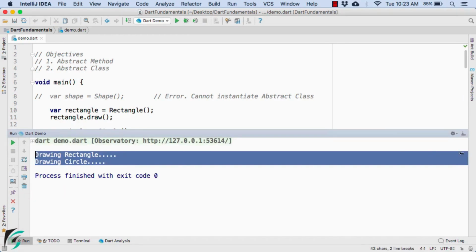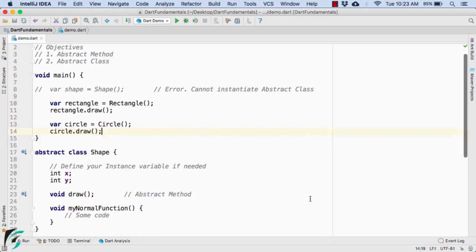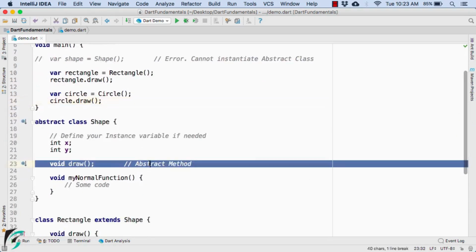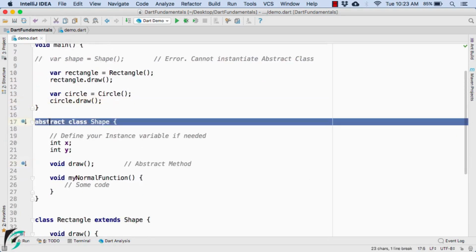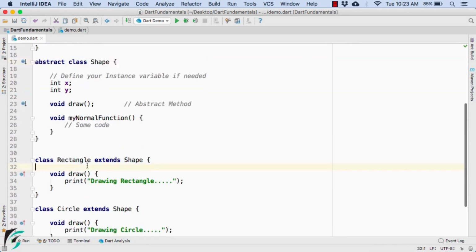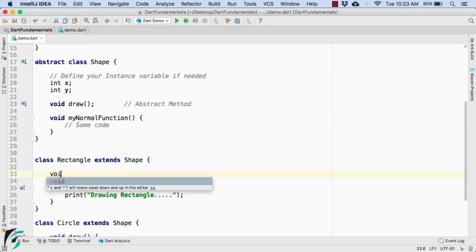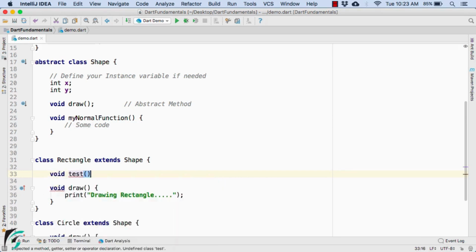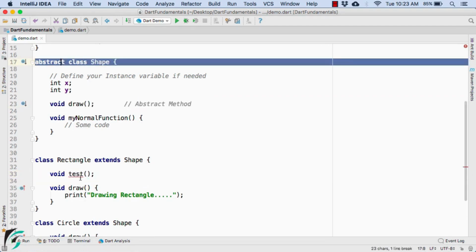As simple as that. And in the end, also note that the abstract method can only exist within the abstract class. Suppose you try to define an abstract method within the class of rectangle such as void test, then it won't work because the abstract method can only exist within the abstract class. As simple as that.